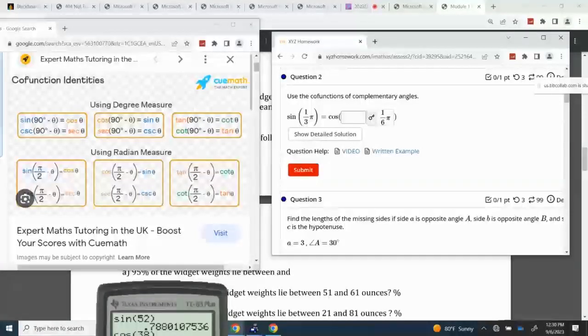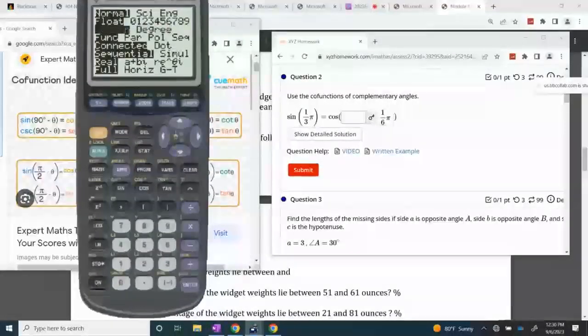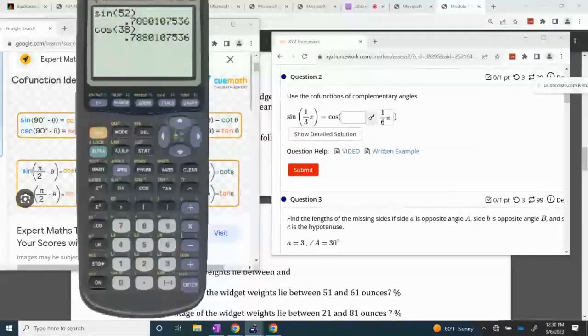So the sine of pi over 3, and if I put that in the calculator, they should check out. Let me change my mode to radian. The sine of pi over 3 is the same as the cosine of pi over 6. So you get the exact same